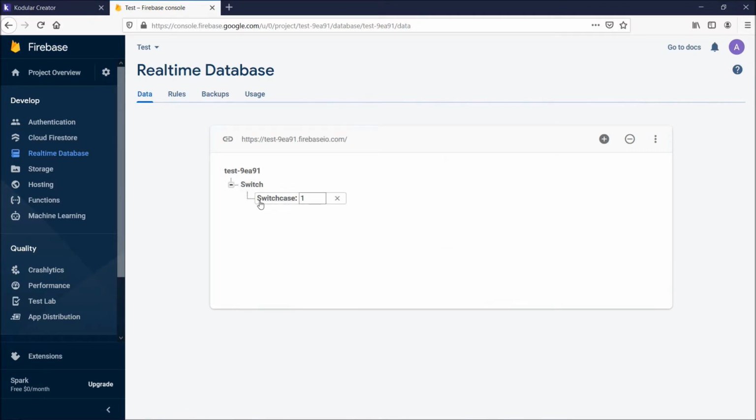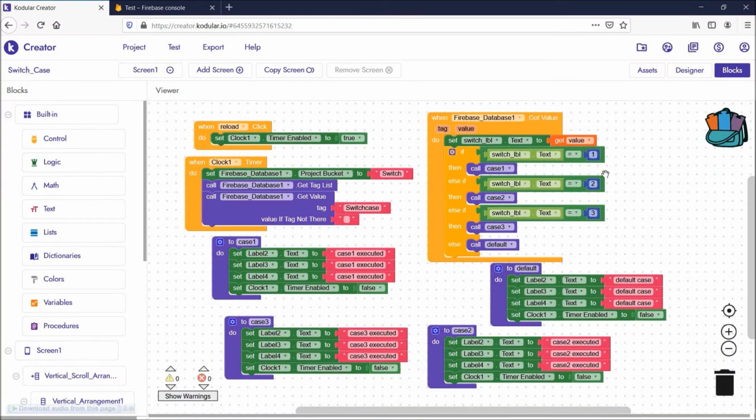This is a project bucket switch, this is the tag name, and this is the value. I have given here three cases, case 1, case 2 and case 3. Case 1 value is 1, case 2 value is 2, and case 3 value is 3.